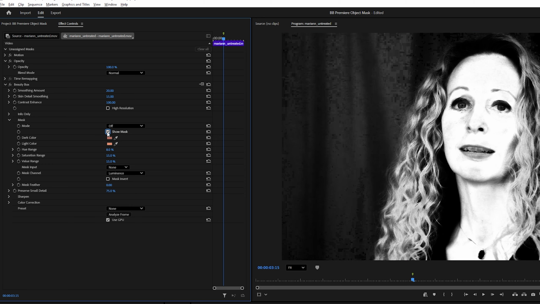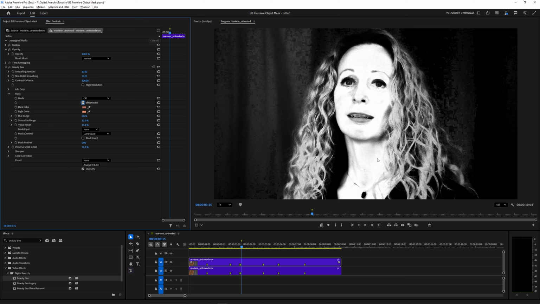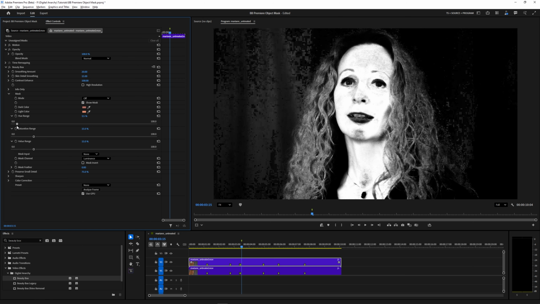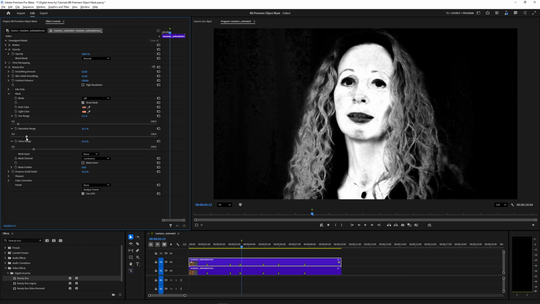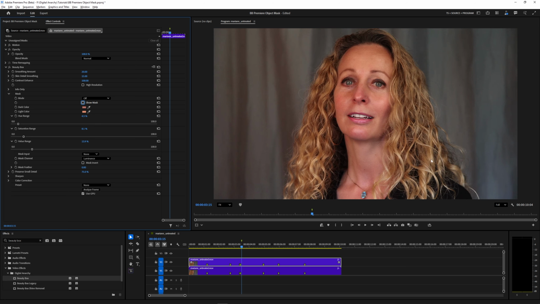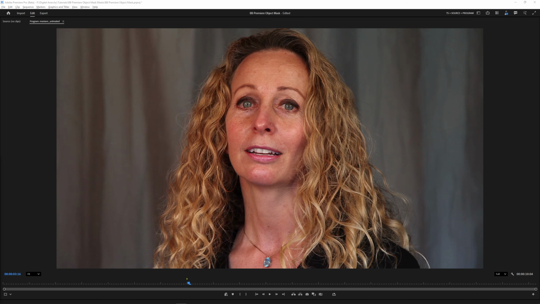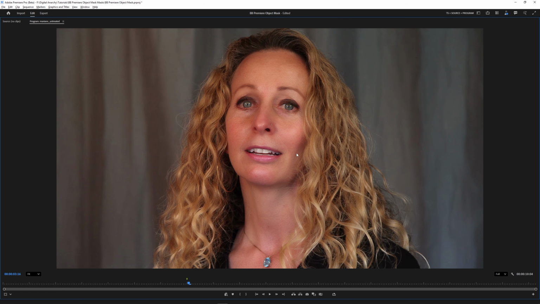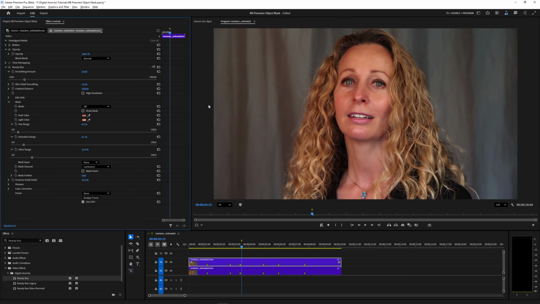I can turn on Show Mask and see white areas where it's going to be smoothing the skin and then black areas where it's not going to be doing any smoothing. I'm going to do some quick manual adjustments to try and refine it a little bit. The main issue with this shot is that the hair and the skin are pretty close color-wise, but when I dial up the smoothing amount in the Beautybox controls, I'm getting a little bit of smoothing on the hair, which I don't want. To help select just the skin and not the hair, I can use the Adobe Premiere Object